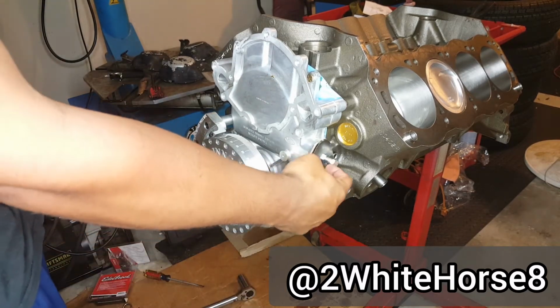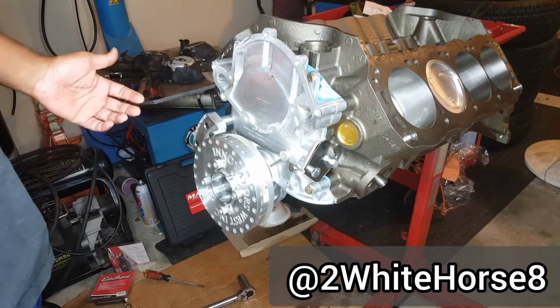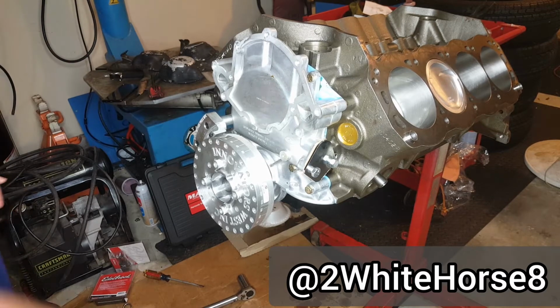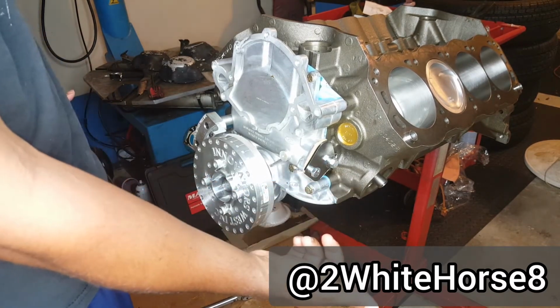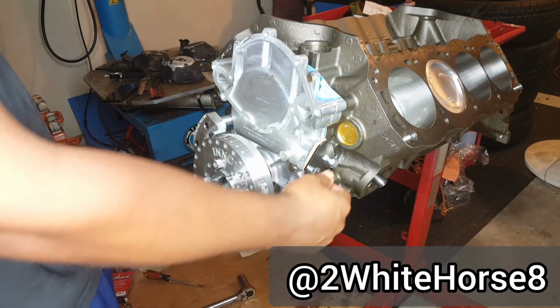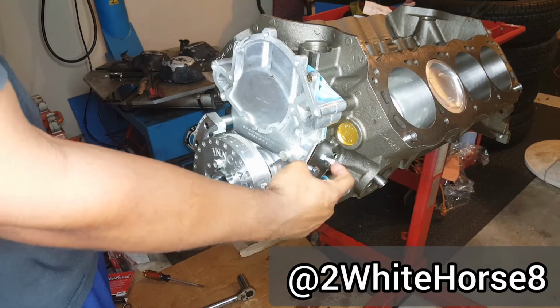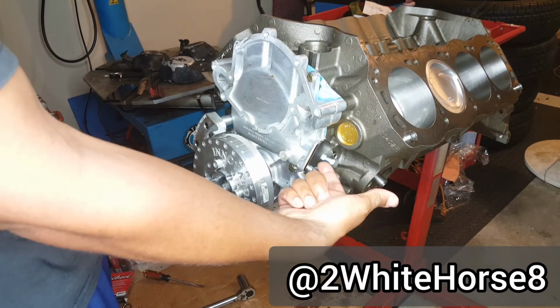More screws that I've been looking for. Super hard to find, man. Oh my goodness. All the manufacturers that make them wanted to charge me $8 for 2 screws. I ended up finding out which ones it is. Now this is the fuel pump block off. Normally this is where the mechanical fuel pump